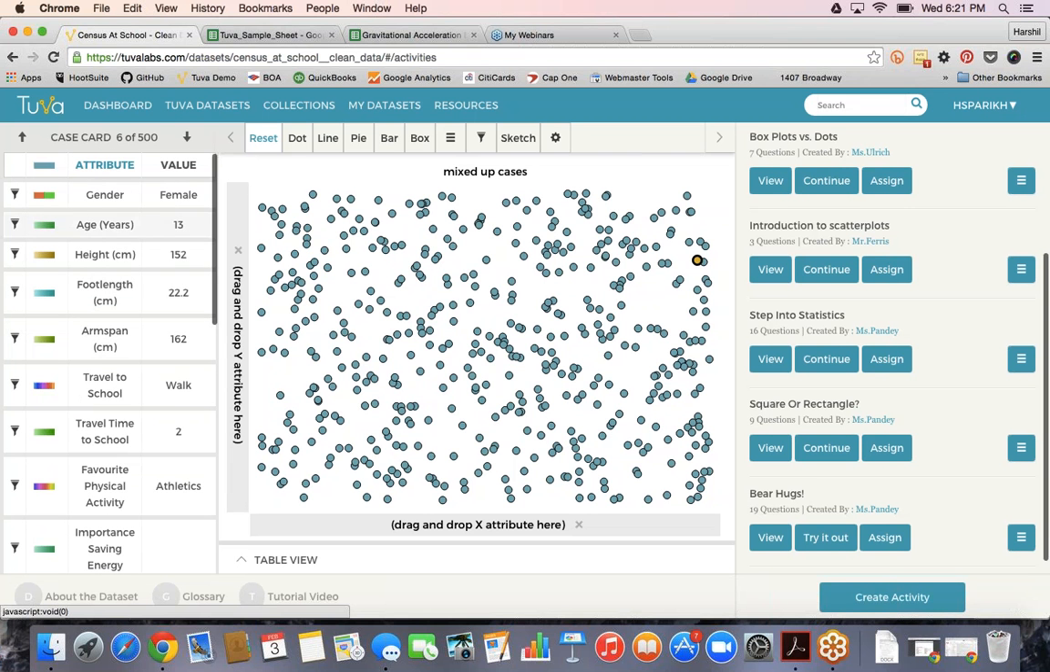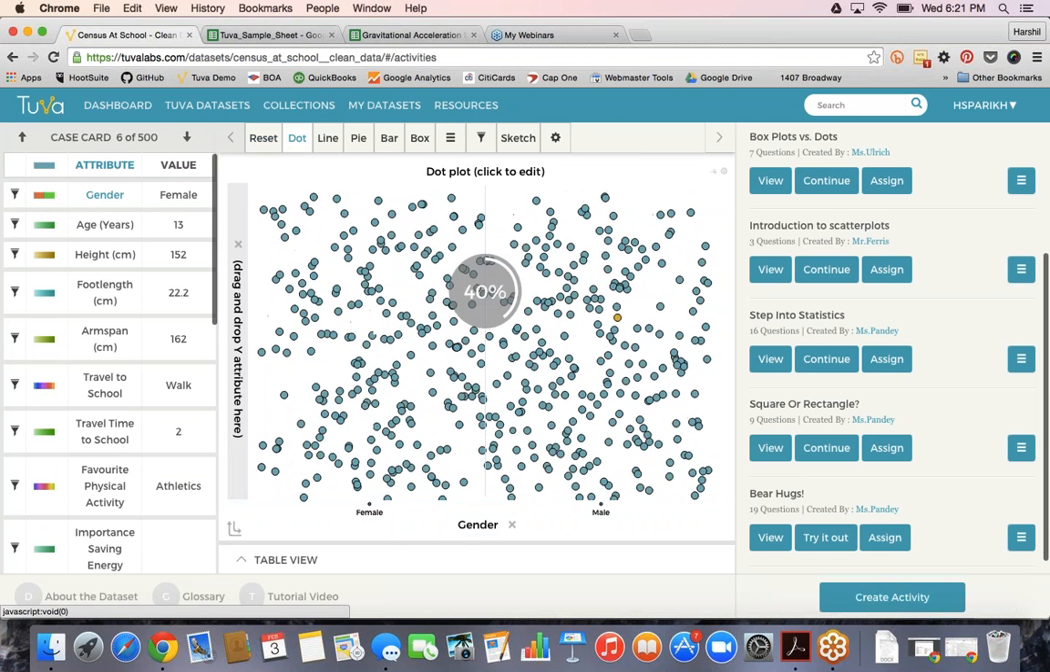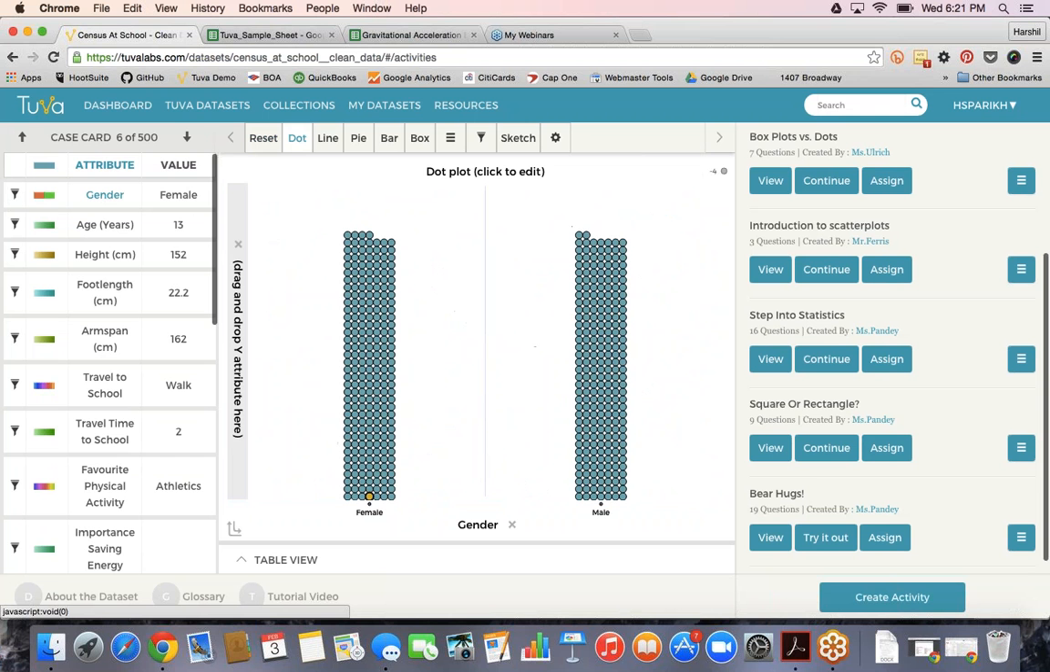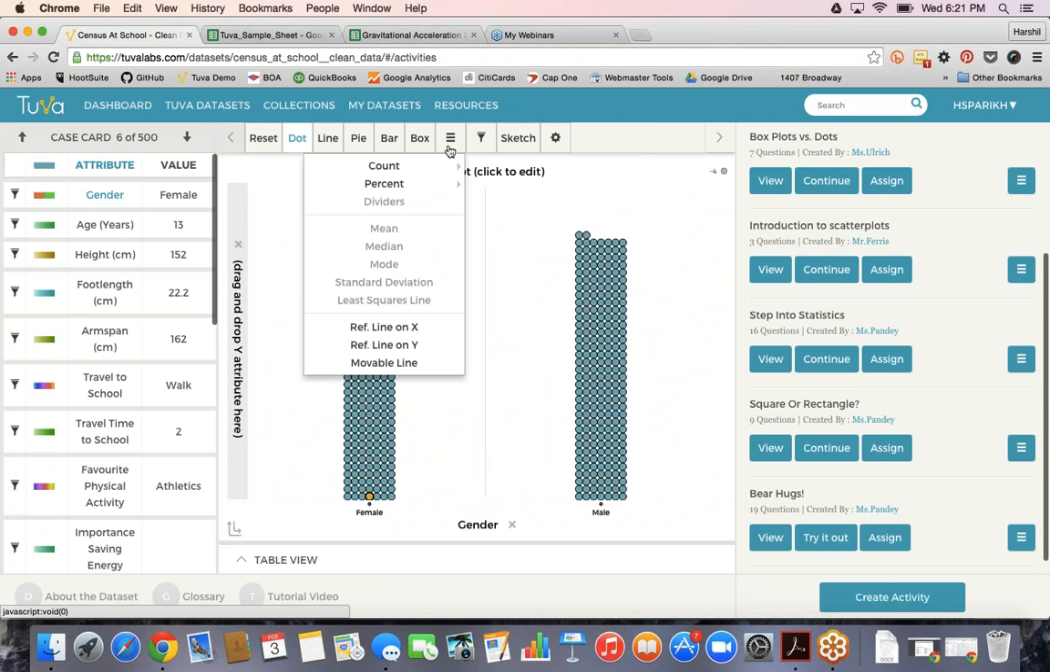The first thing to realize is that there's a drag and drop functionality where you can drag the attributes. Let's say I'm going to drag the gender attribute and place it on the x-axis. I can now see the number of females and males in this particular data set. And I can actually get a count. This button with 3 lines is the functions button, and this is where you can find all the numerical functions